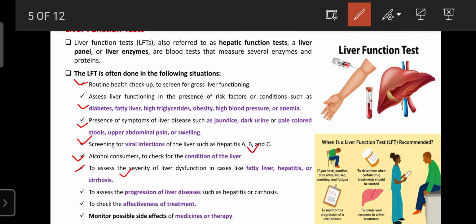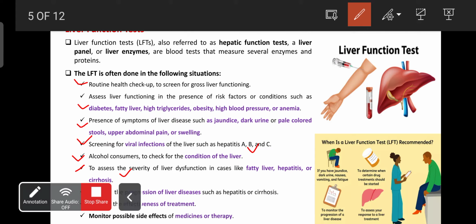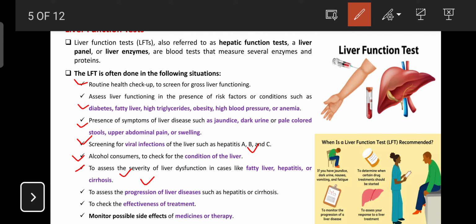And also it is preferred to assess the progression of liver diseases such as hepatitis and cirrhosis. The doctor notes down the progression of the disease, and that is also done with the help of the LFT. It is also helpful to check the effectiveness of treatment. So what treatment the doctor has given for many conditions, because when the patient is admitted,